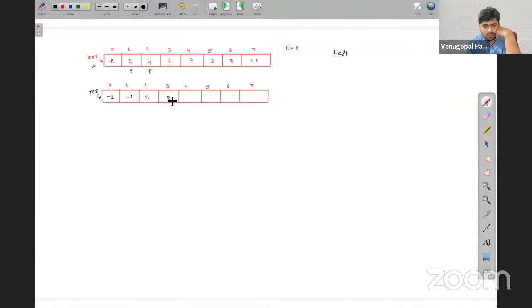It will be 4, not 2, because 4 is also small, 2 is also small, but 4 is closer, just 1 step away, whereas 2 is 2 steps away. So 4 I am going to take. What about 9? 6. What about 3? 2. What about 8? 3. What about 11? 8.